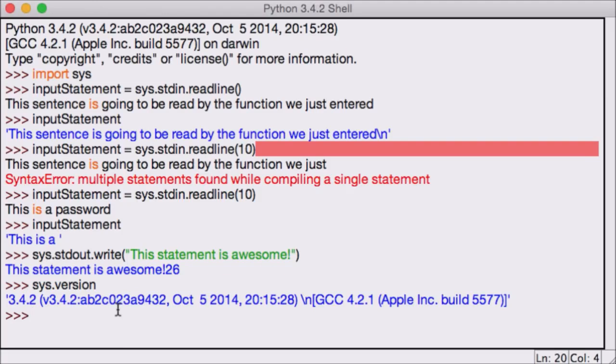Awesome. So let's do a quick recap of what we covered in this small lecture. We talked about 3 functions with the sys module. We learned how to read,